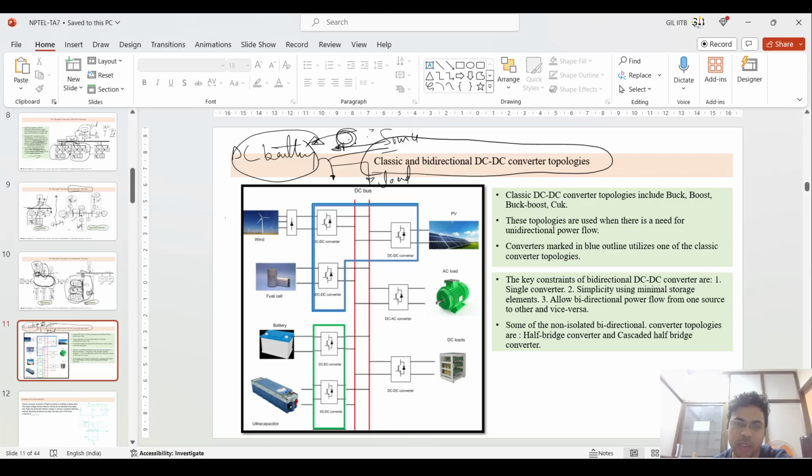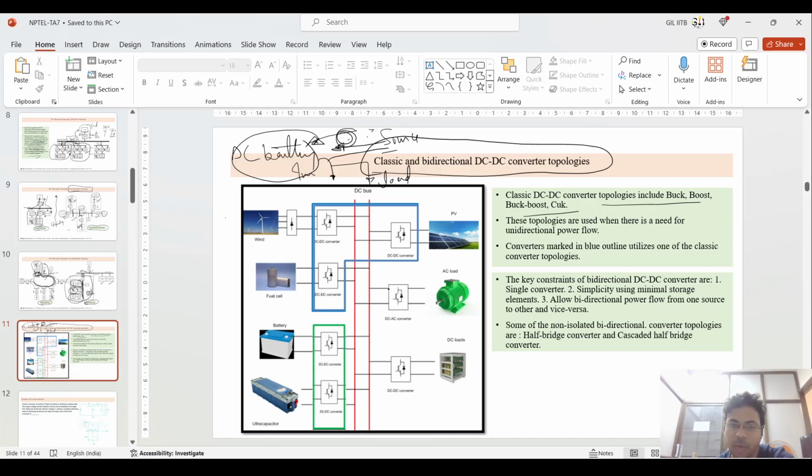Okay. Suppose you have an AC, a single phase AC supply line, what you are using in your home also, connecting to this inverter. So if the supply is there, you should charge the battery and discharge when the supply is not there. So this is the classical type of unidirectional power flow, which is possible through certain topologies such as buck, boost, or Cuk converters. And this is unidirectional power flow, but because this inverter is not capable of supplying to the source, this single phase supply line which is coming to your home, so what will